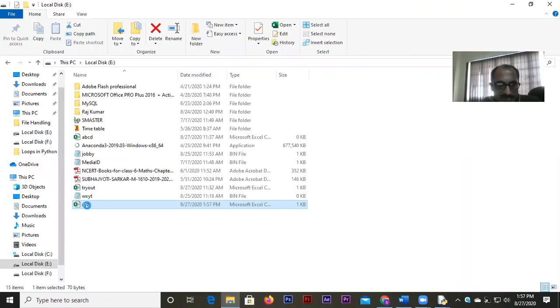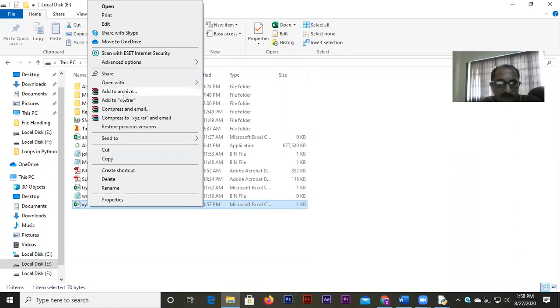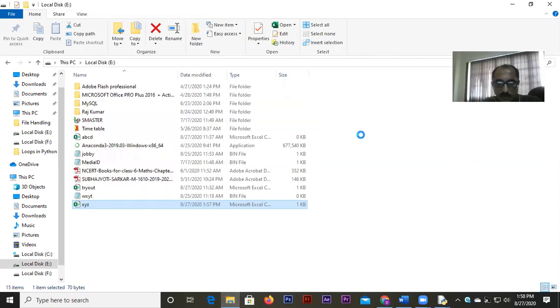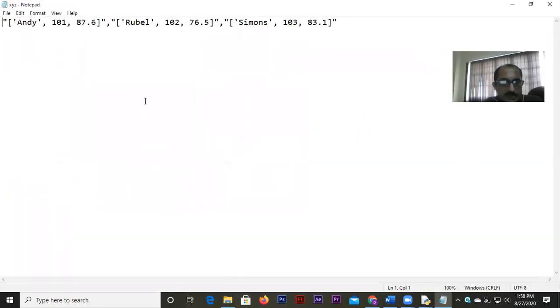Now here is my xyz.csv, and you look at the file and see how it is being written. If you look at it in the notepad view, you will get to know. I wanted every piece of information to be separated, like here, the comma is separating. Because of the CSV nature, the comma has come in between the records. If I imagine this is a record of a person, here every row is a kind of list.